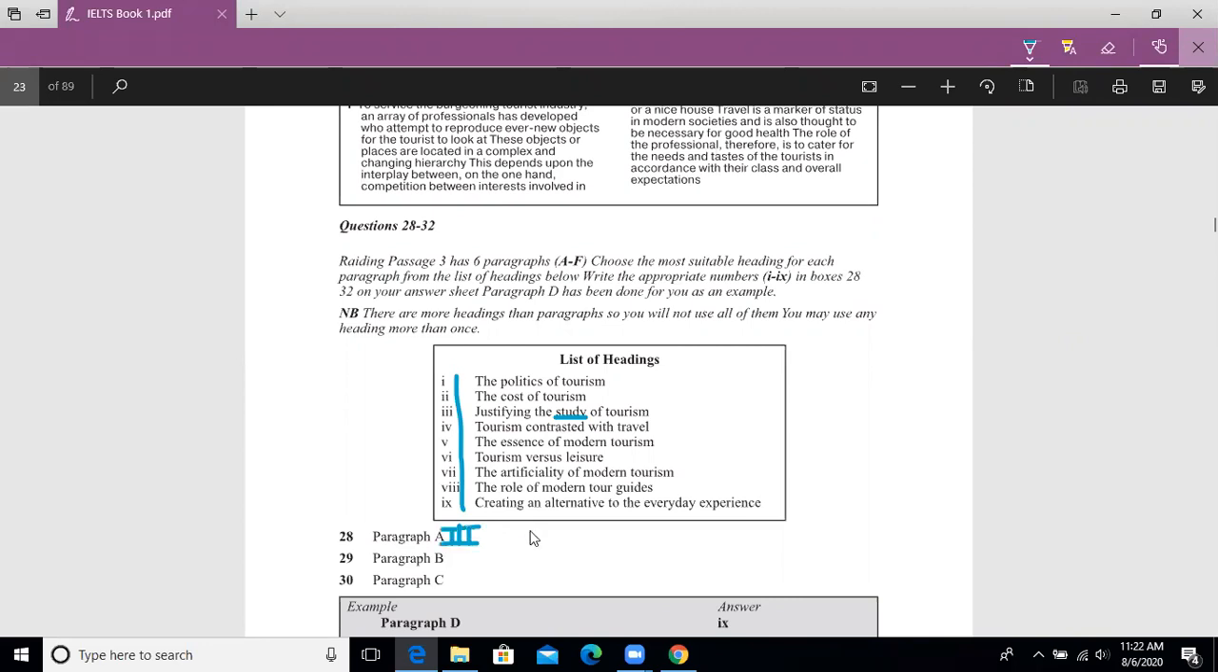Third, this is the way of doing list of headings. This is the only way. This is the only good way I have figured out by myself. Other than that, I don't know how people do what they say. What people say is that if you read the first two or three lines, and then if you read the last two or three lines,